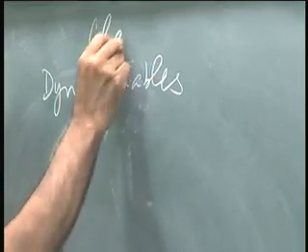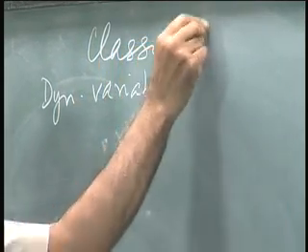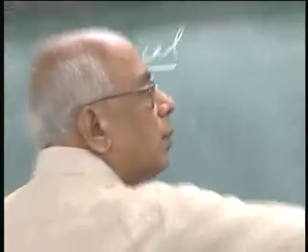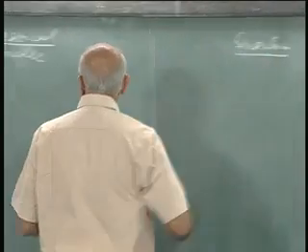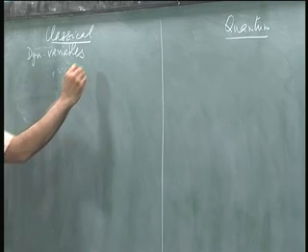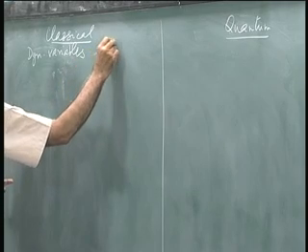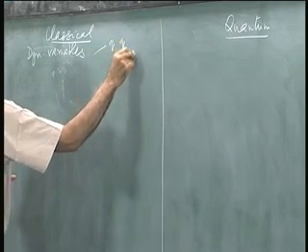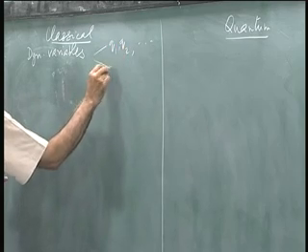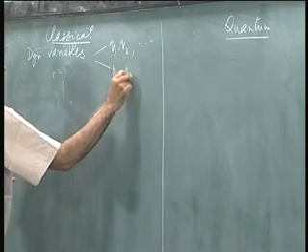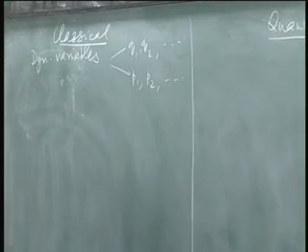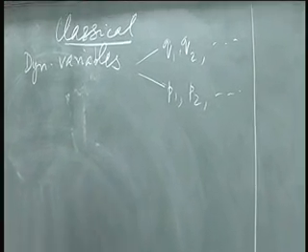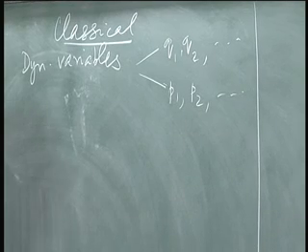So this is classical and this is quantum. Okay. And these dynamical variables are of two kinds. There are q1, q2, etc., and then there are p1, p2, etc. So they go in pairs, as we see, canonically conjugate pairs, and then these dynamical variables satisfy